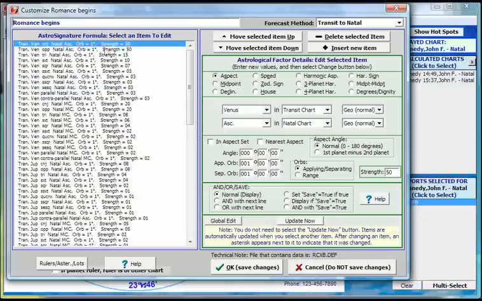Some people say, give it a bigger orb. But we're figuring if a major event occurred, it should be pretty exact. But maybe it should have a large orb. You can go in here and make the orbs larger. So you can create a very specific